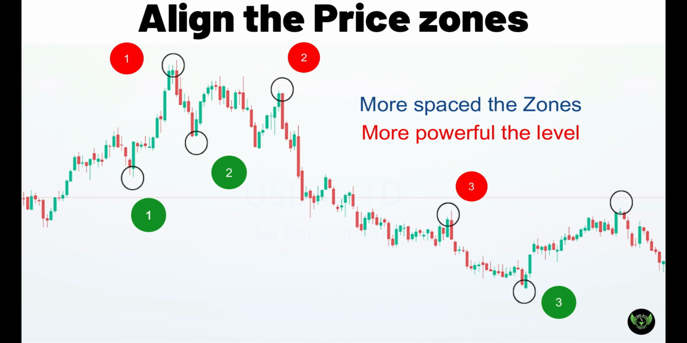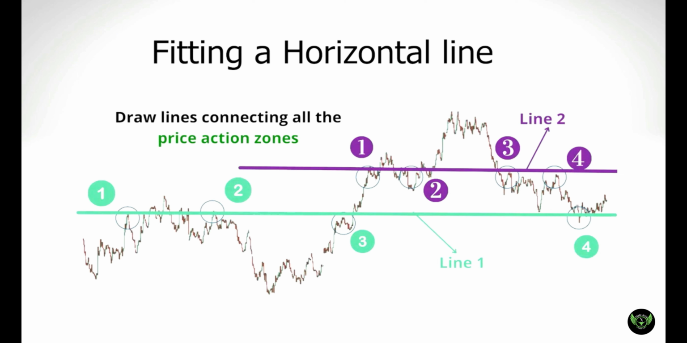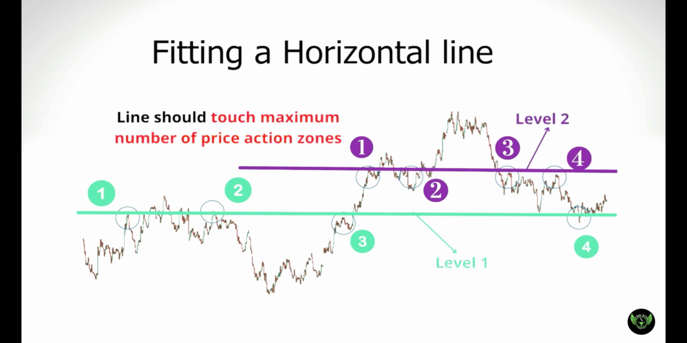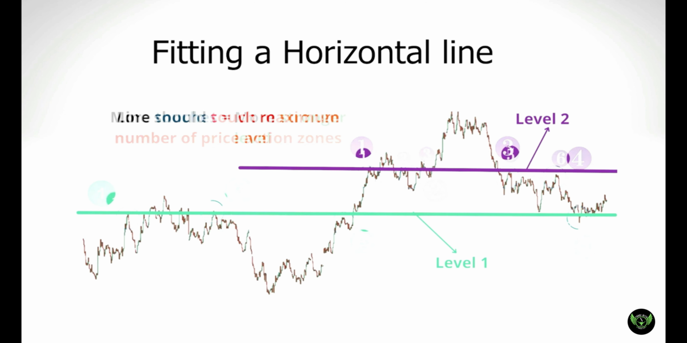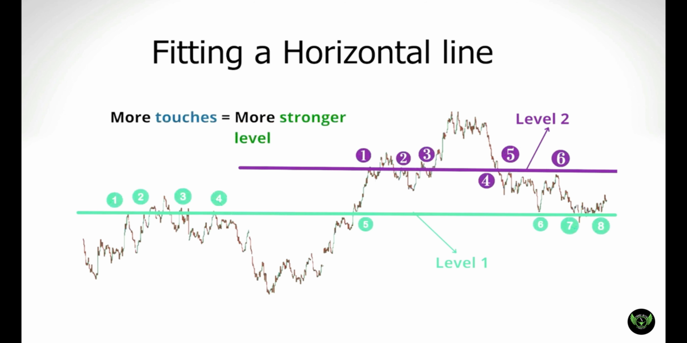Now after identifying and aligning your price action zones, we move on to step number 4, that is fitting a horizontal line. Connect the price action zones that we have identified with a horizontal line. After drawing the line, you have to adjust your level to get the maximum number of touches. The more touches, the better, because the more number of touches, the stronger the price level will act as a